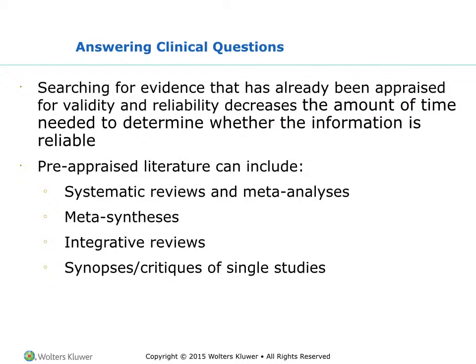What those systematic reviews are basically is an author or authors decide that they want to look at all the studies that have been done on one particular topic and appraise those studies and then write about it. And that's what a systematic review is. It's highly, sort of, critically done, follows specific guidelines, provides